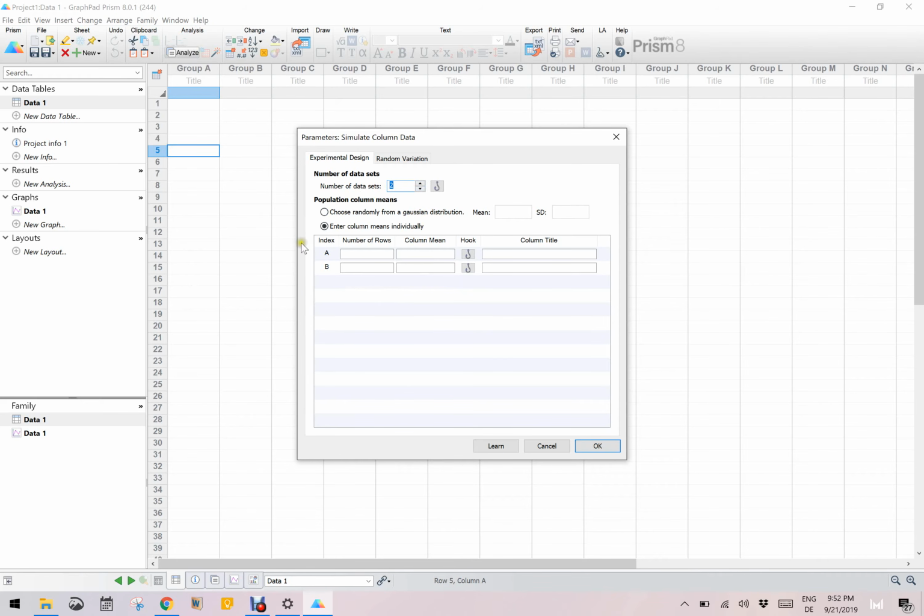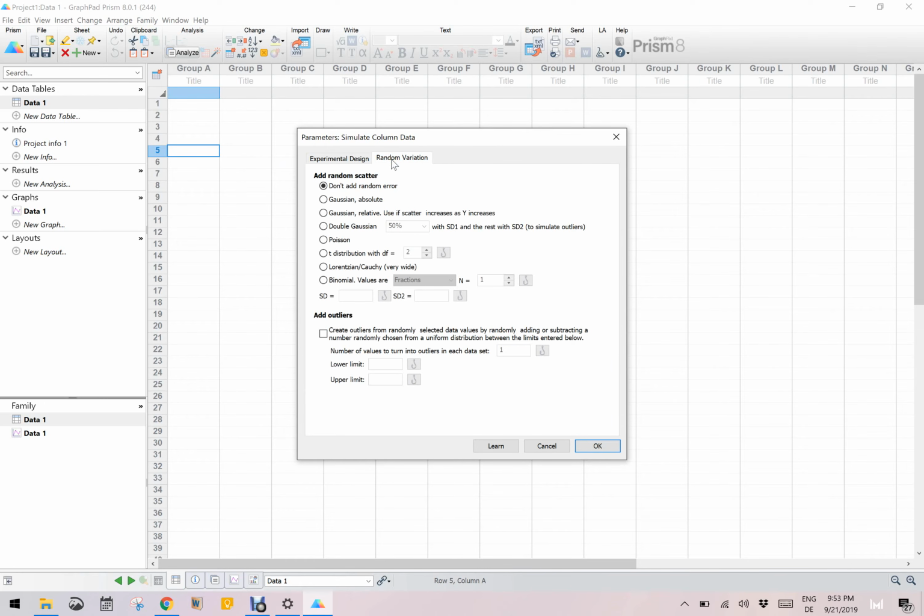Data sets are arranged column wise. So I will go with 2. And how many number of rows? Let us go with 500 rows, and the column mean is, let us say, 45 for girls. So this is a column title that will come up here, and another 500 data points. The mean is 30 for boys. Let this be the marks. All right, and now let us add some random variation as well. The Gaussian scatter with standard deviation, let us say 6 is the standard deviation. Now the moment you click OK,